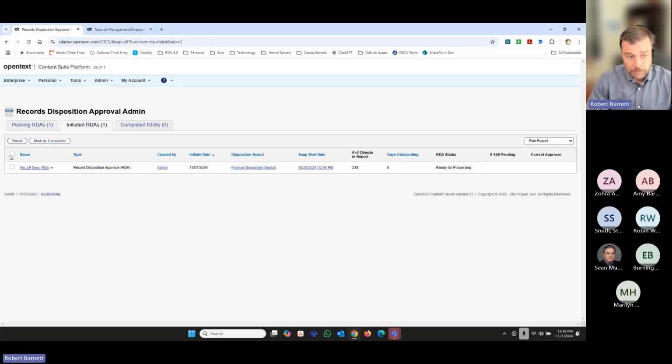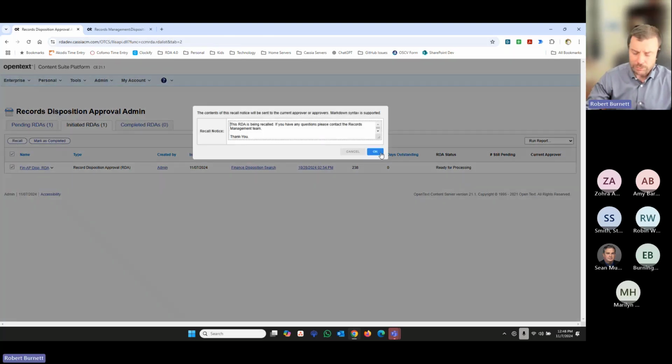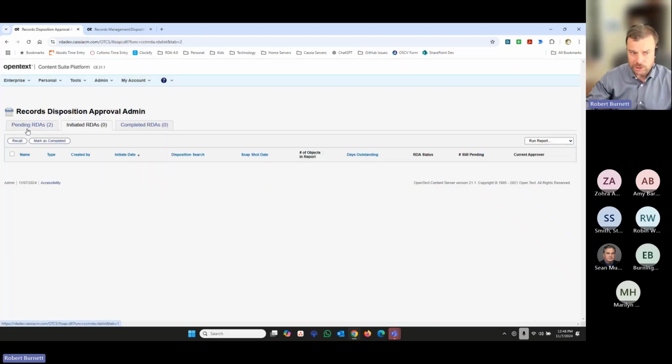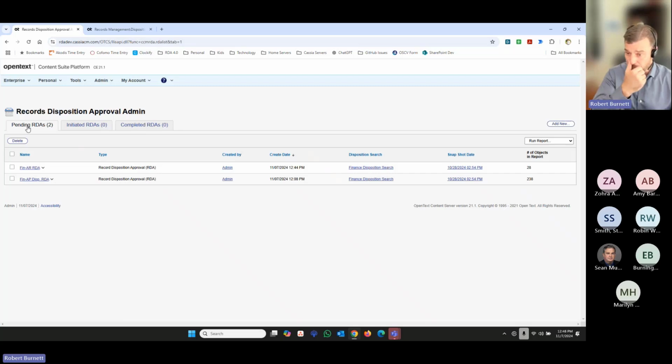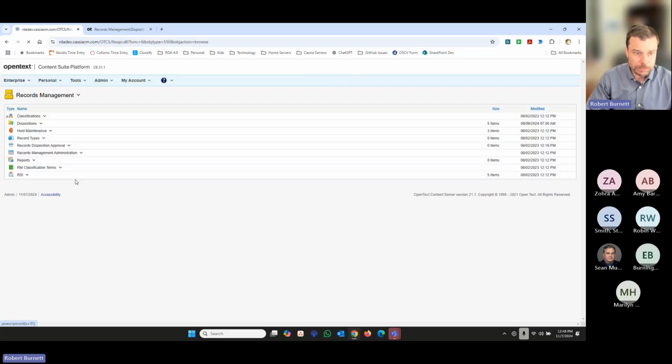And so as a records manager, I have the ability to recall these. If I've sent it out in error and I need to add or remove items, I can do that without having to rebuild everything. So I'm going to send it back. An email would be sent to any outstanding approvers, letting them know I'm taking it back. I'm just going to go ahead and delete these two. And then I'll pop over to my dispositions,